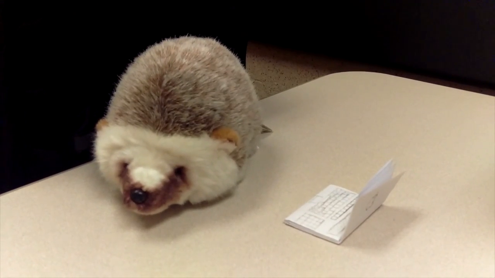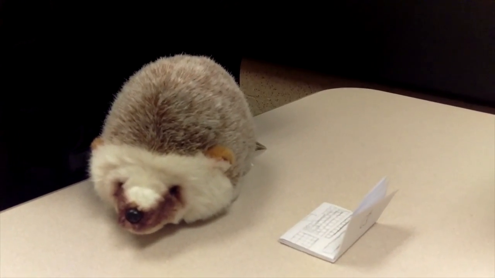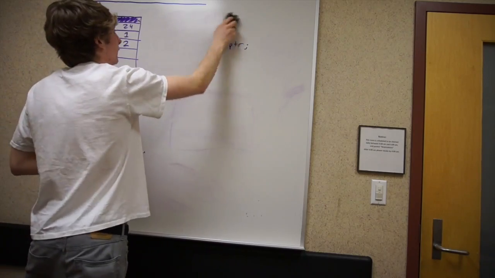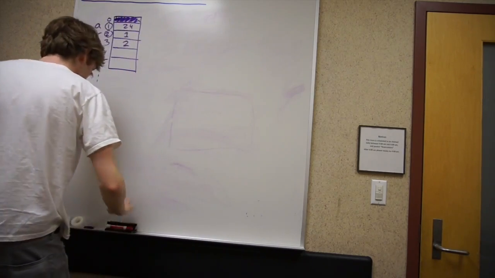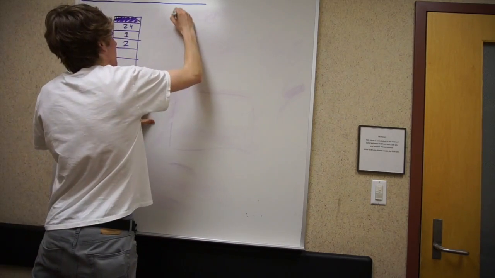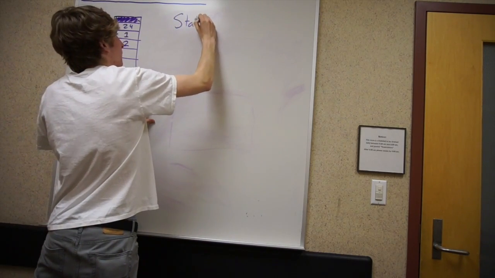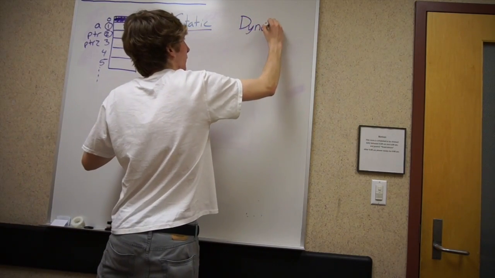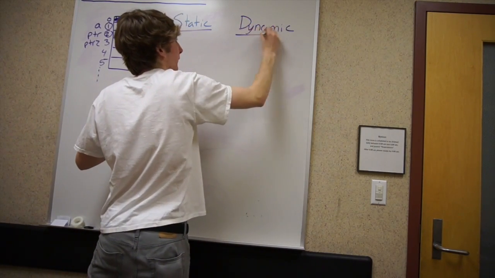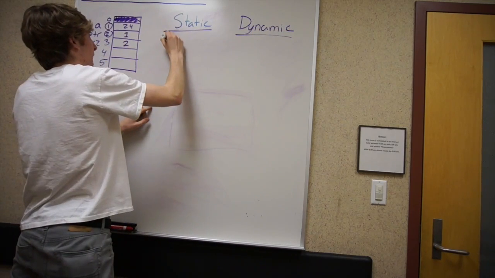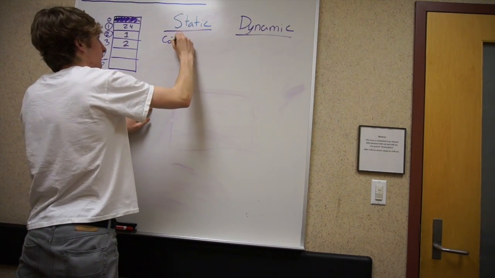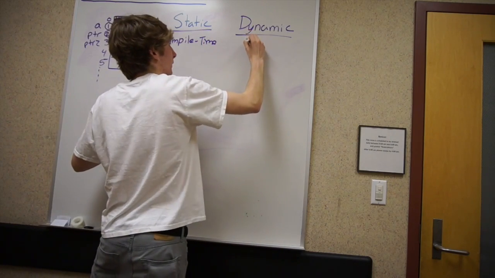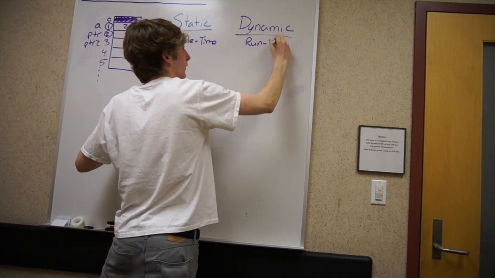Yeah, okay, I get pointers, but what the hell is up with all this new and delete stuff? Okay, yeah, so dynamic memory. There's two types of memory, right? There's static, and there's dynamic. Static memory is determined by the compiler at compile time. And dynamic is at runtime, while the program is executing.